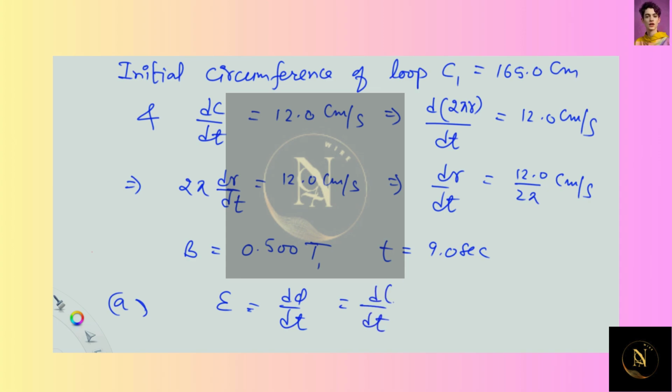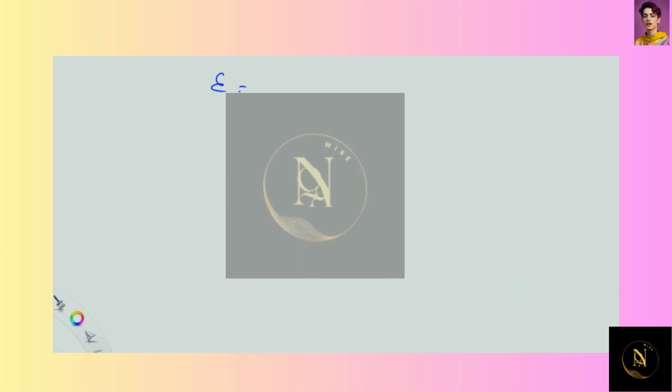For the flux, this is given as B A cos theta. For theta, that will be 0 degree, because the magnetic field is parallel to the area vector. So cos 0 degree comes out to be equal to 1. For the area of the loop, that is pi r squared. Hence EMF is equal to, taking B and pi as constants out, B pi will be out, leaving behind